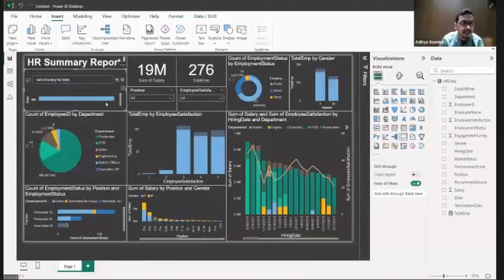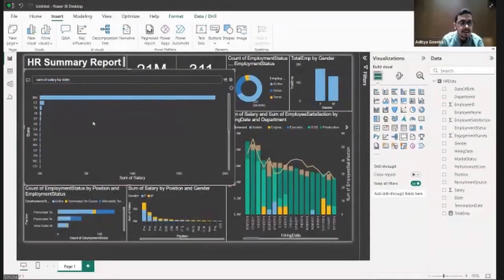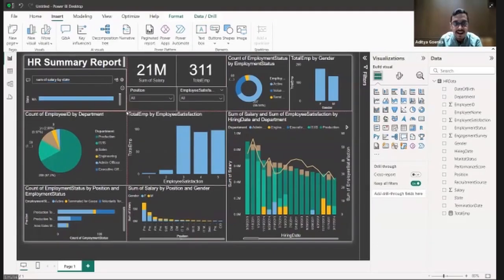Let me just expand it once so that we are able to see it. So for every state, for MA state, this is the sum of salary. For CT state, for TX state, for RI state. Basically, for every state, you have been able to calculate the sum of salary in a matter of seconds via this Q&A option. You do not need to create a chart. You did not do anything. You simply asked it over here, and your work was done. How many of you are simply mind blown by this?